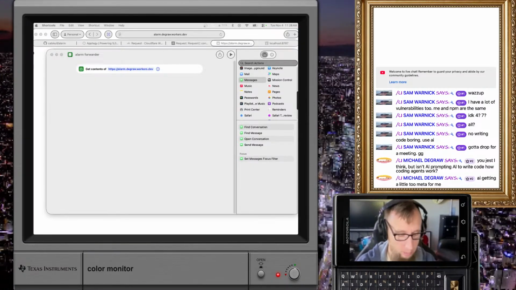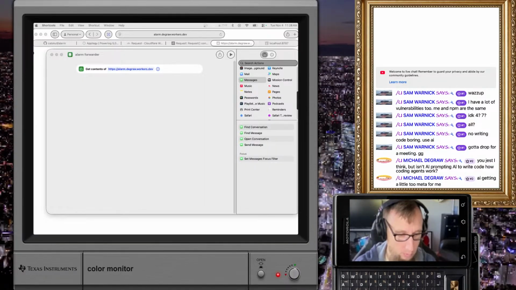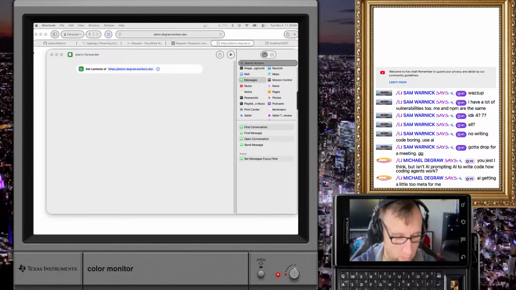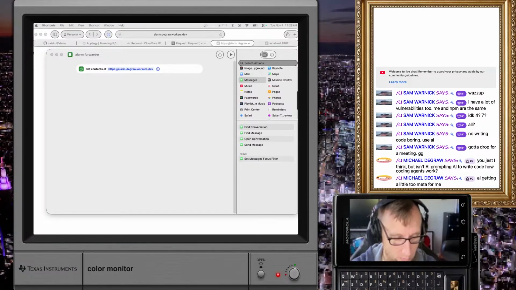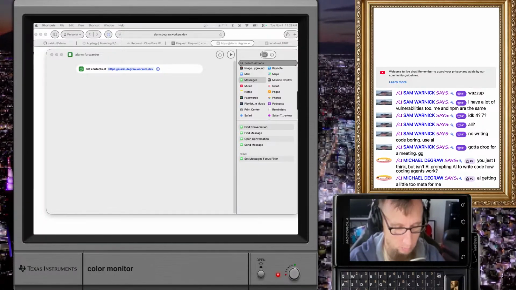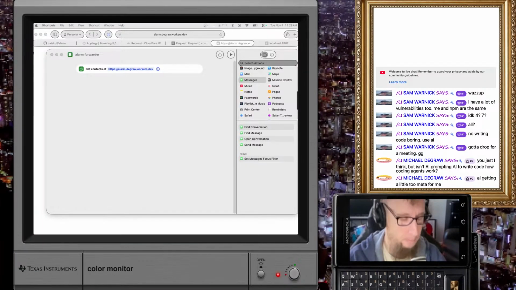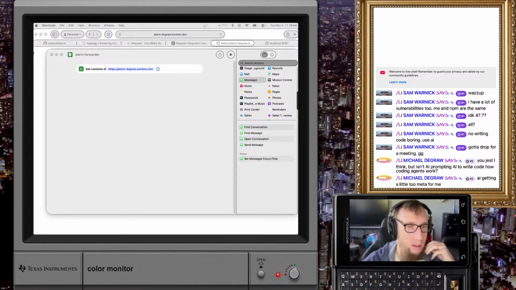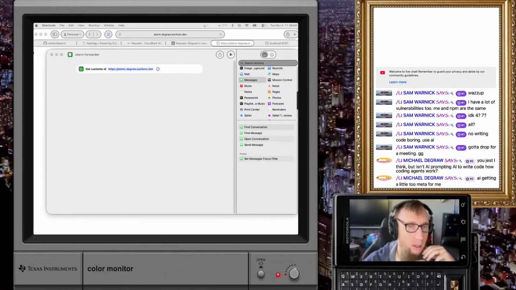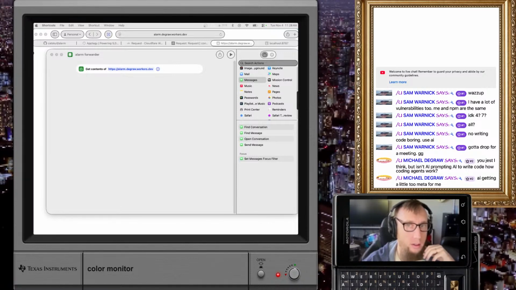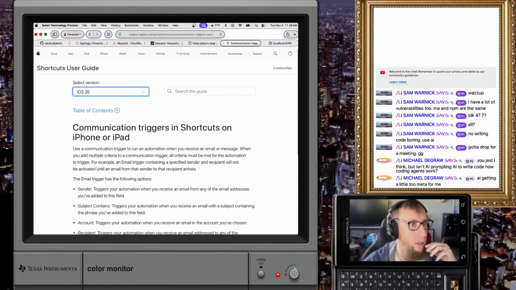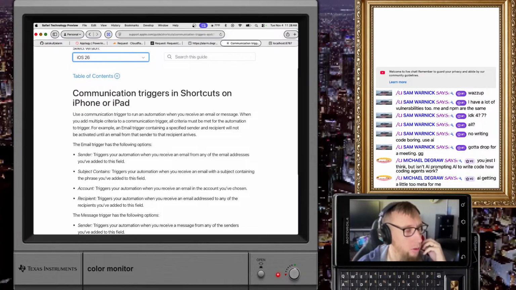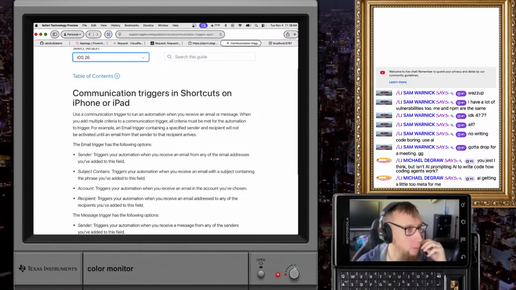Communication. What? Can you not do this? Look, this is what I'm looking at. Use a communication trigger to run an automation when you receive an email or message, when you add multiple criteria.